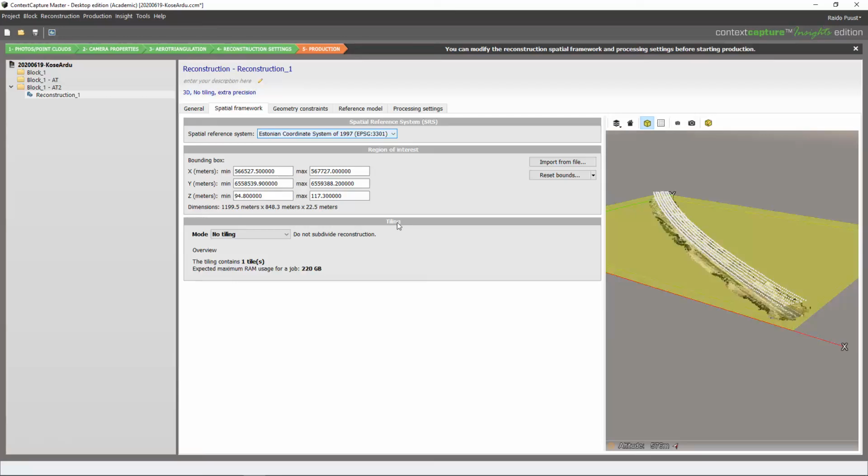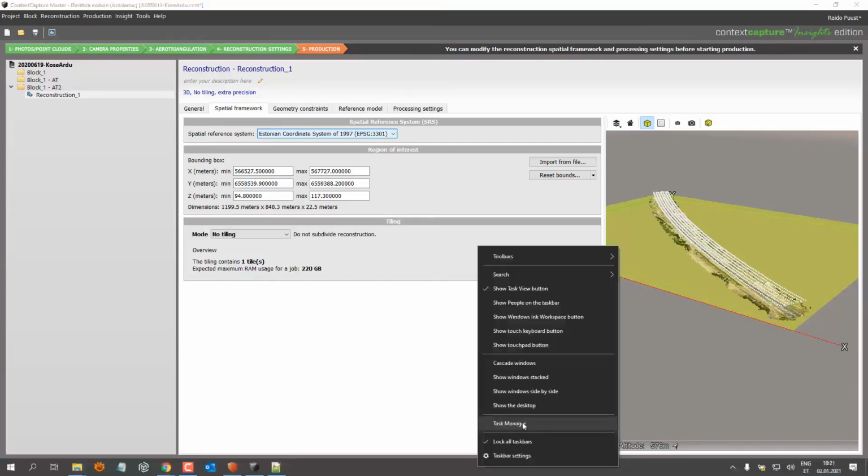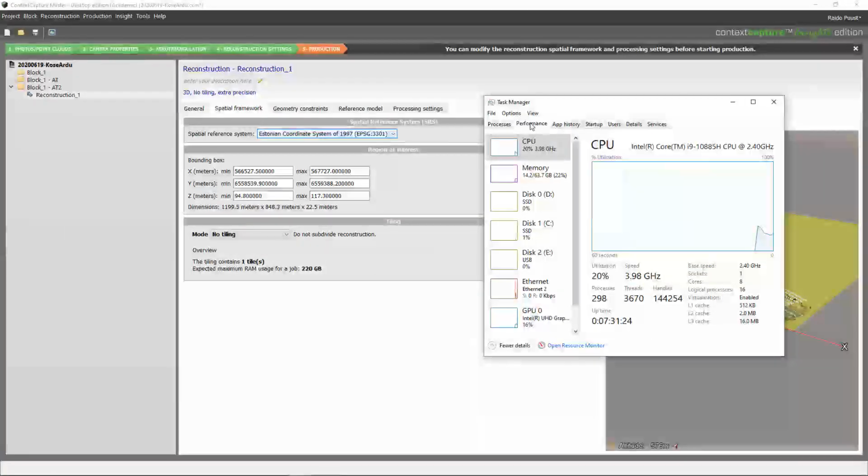In the section Tiling, I can define how many tiles I want to have in terms of separate calculations. I can see that if I want to calculate all in one tile, I need to have about 200 GB of free memory in my PC. You can actually check from the Task Manager how much memory your PC has, and also assume how much you can reserve for ContextCapture, because some of your PC memory is also needed by different applications that are running in the background. My current PC has 64 gigabytes, so I need to apply tiling to be able to